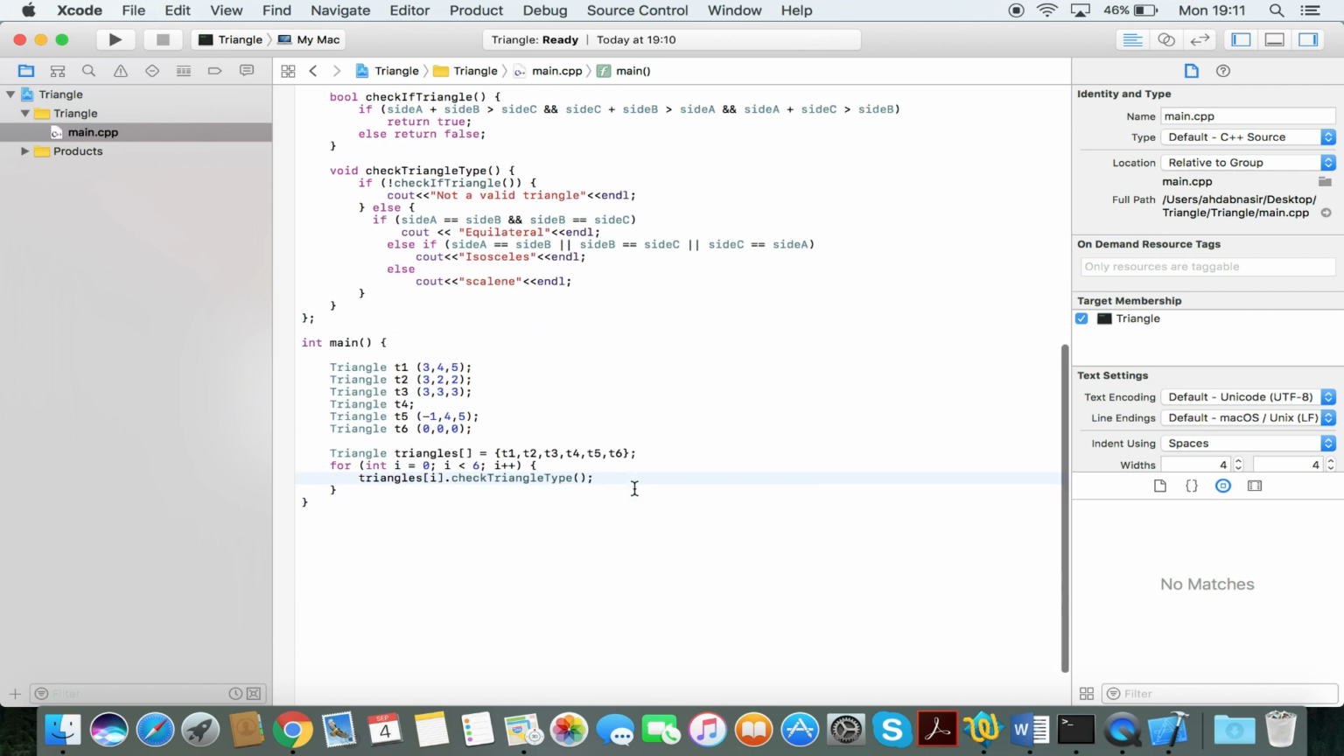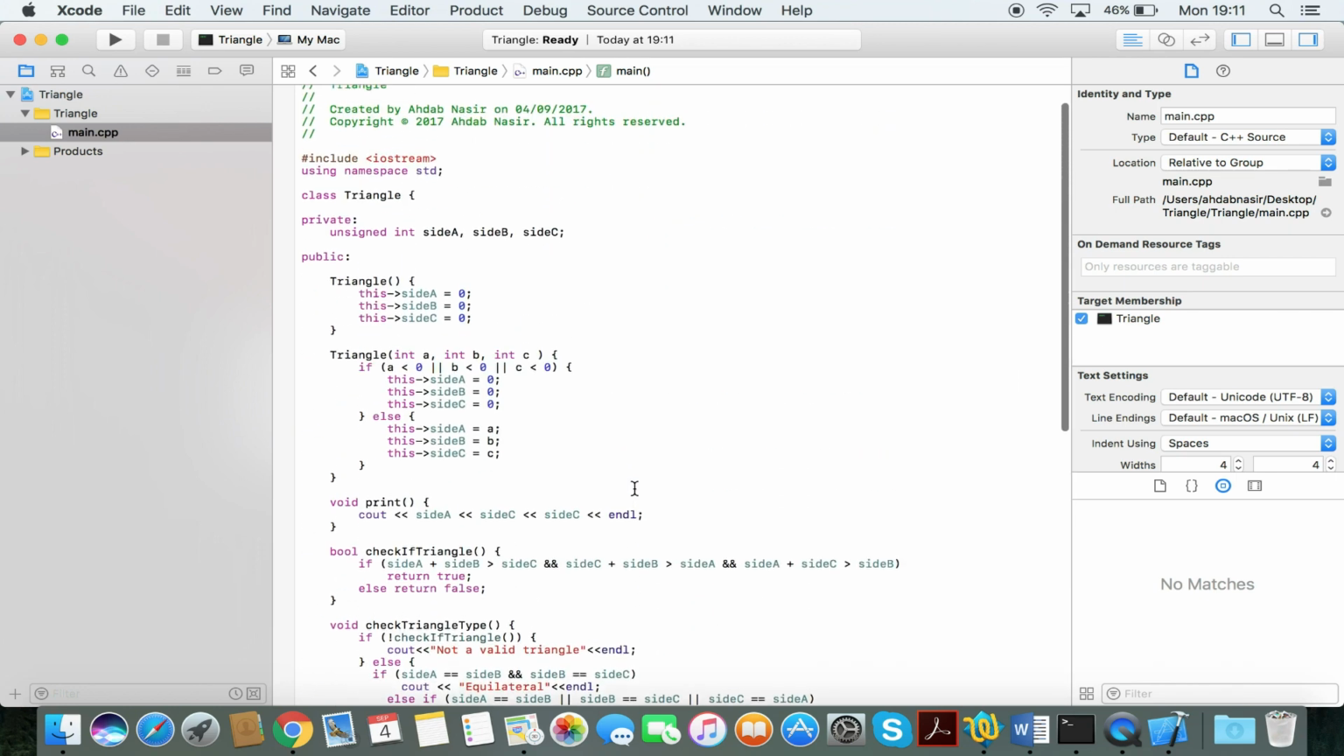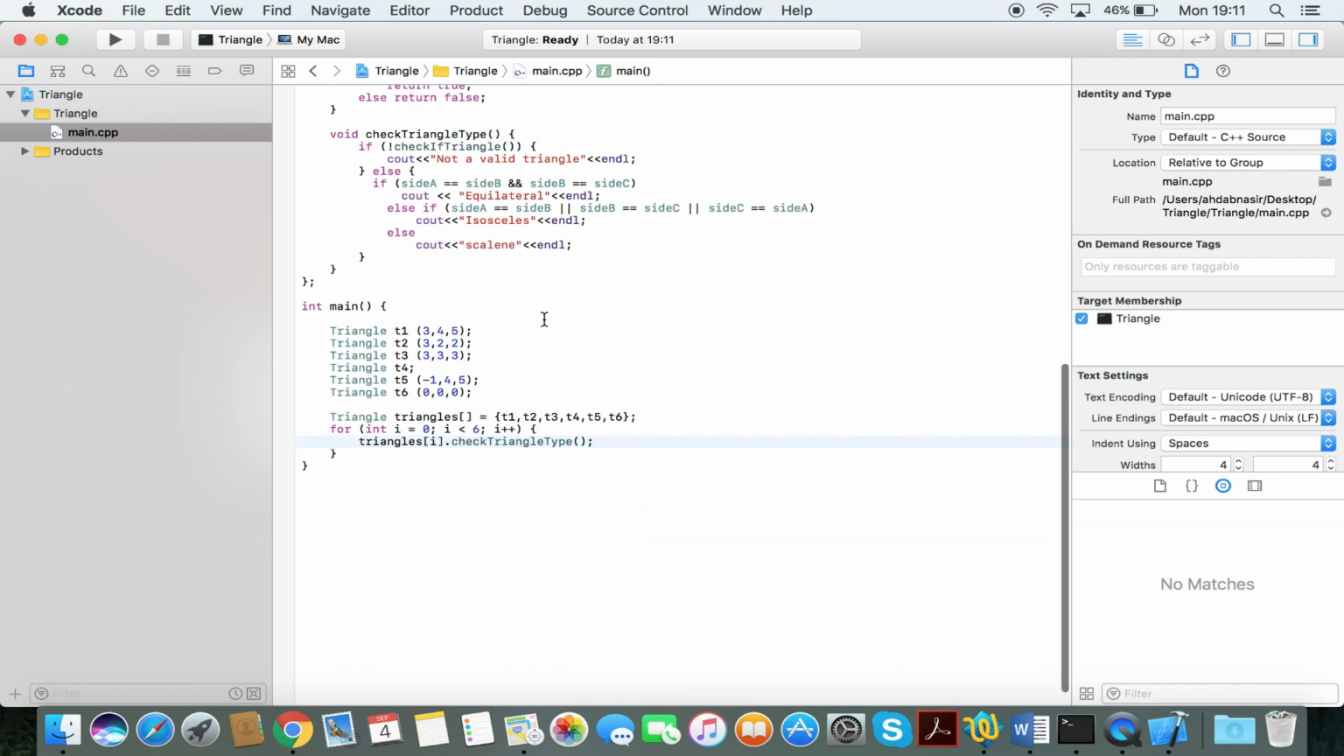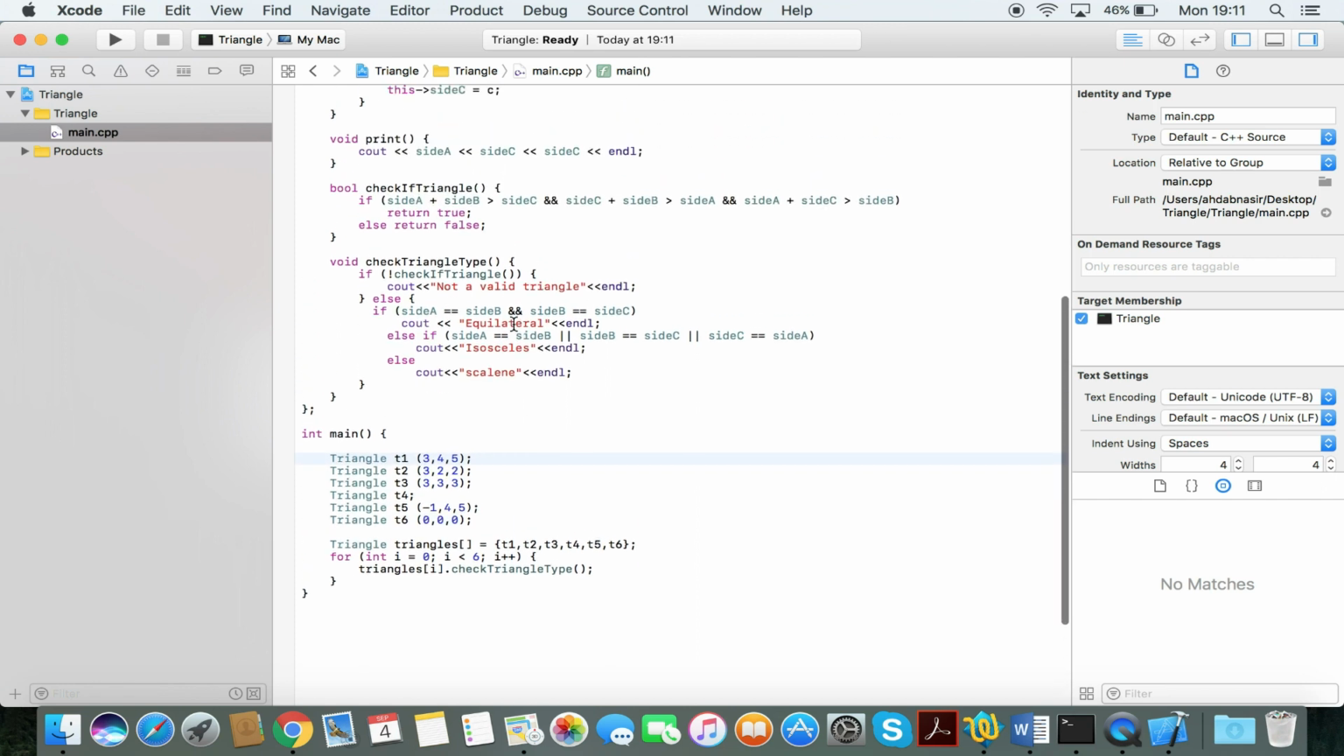Okay. So now if we run this, what we should get is a scalene, an isosceles, and an equilateral. This one should say not a valid triangle. This one's also not a valid triangle because one of them is -1. This one's also a non-valid triangle because it's all zeros. Okay, so now if I run this,